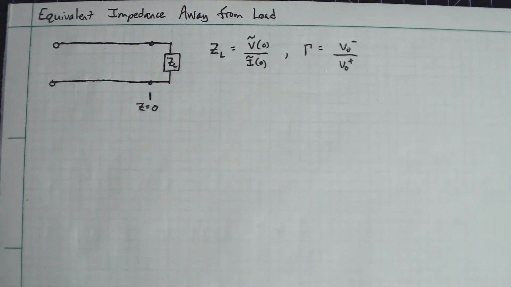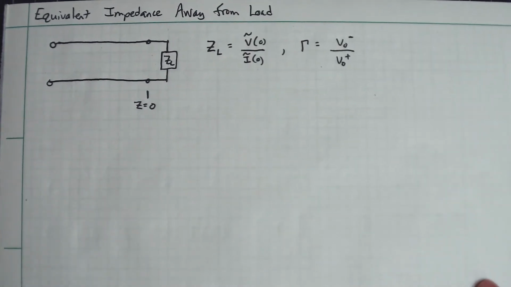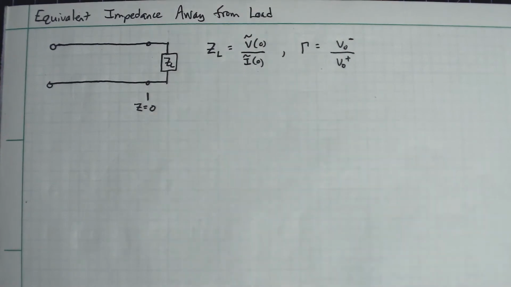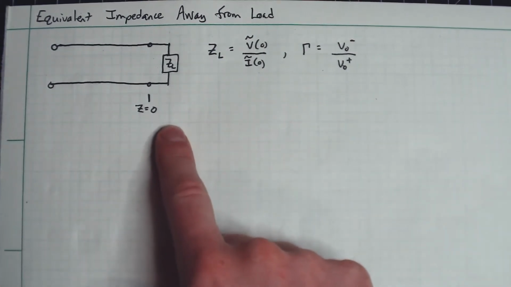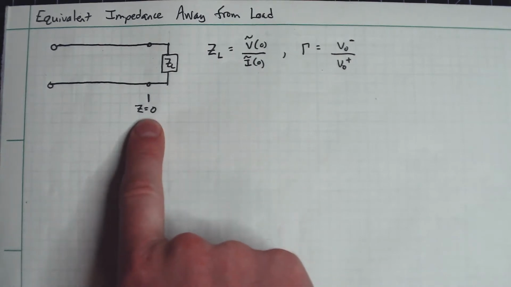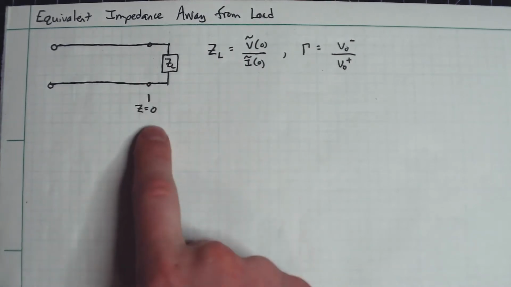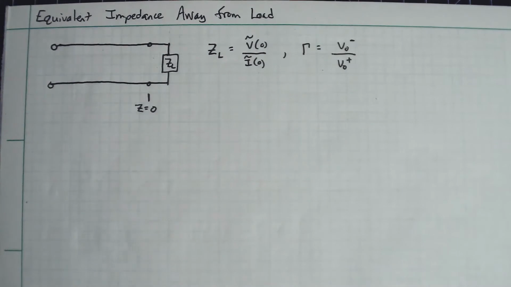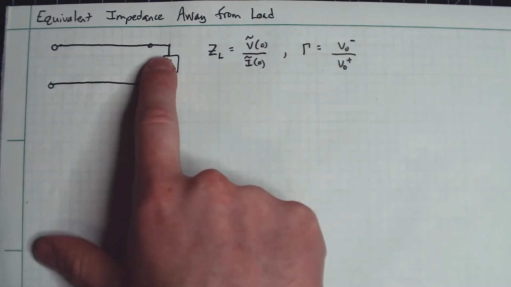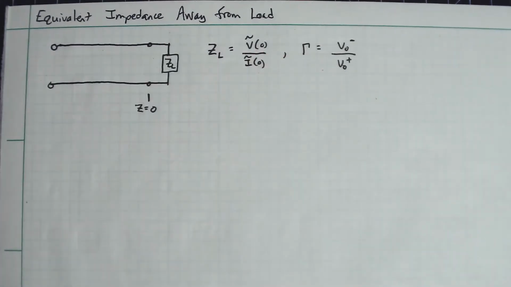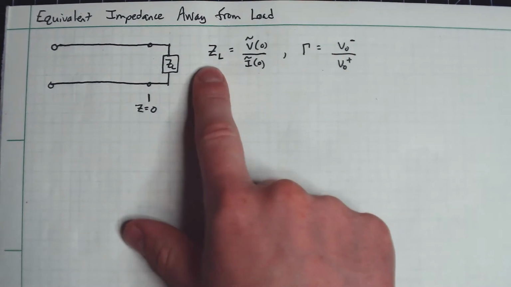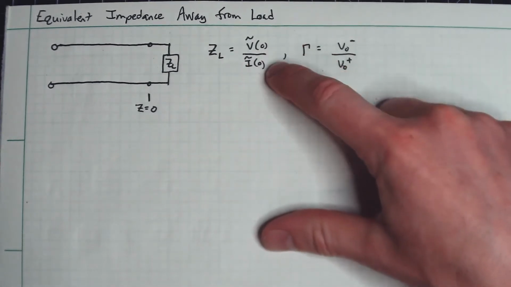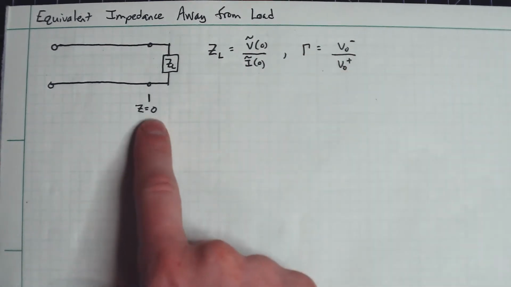Hey everyone, let's talk about the idea of an equivalent impedance away from a load. So you notice I've drawn here a typical transmission line, and Z equals 0 is usually referenced here at the input points to this load. So naturally there's some incident wave striking this load and a reflection, with some energy getting absorbed inside or transmitting through. And so by definition, that load impedance is simply the voltage divided by the current when evaluated at this